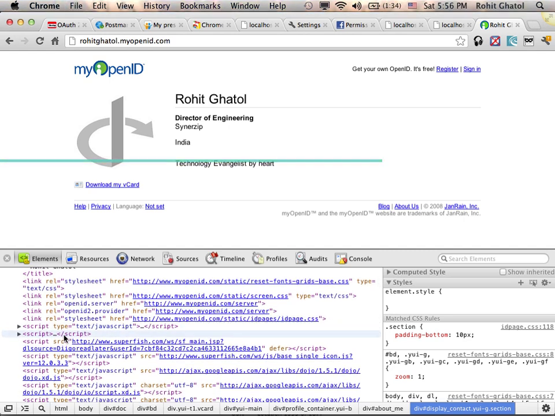OpenID server, OpenID provider. This OpenID server I think is from the OpenID 1.2 specification, and this is from the second specification. So here I am just saying, okay, who is the main provider? This is called discoverability. Because right now when you say OAuth, all of us talk about Facebook, Twitter, Foursquare, LinkedIn, something like this. We never talk about hosting our own services and allowing people to do OAuth. At that time, the thought process was, what if I want people to log in through my